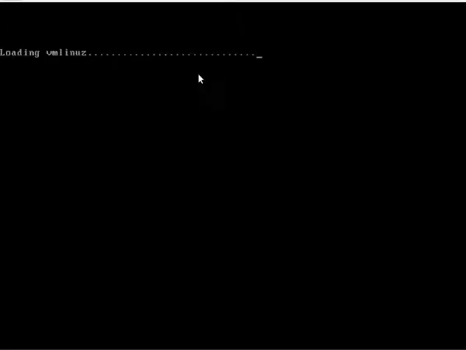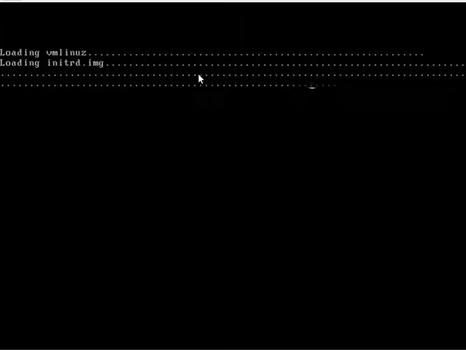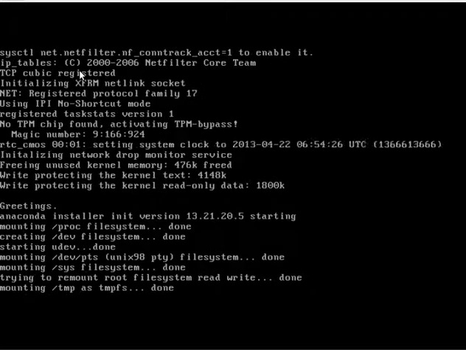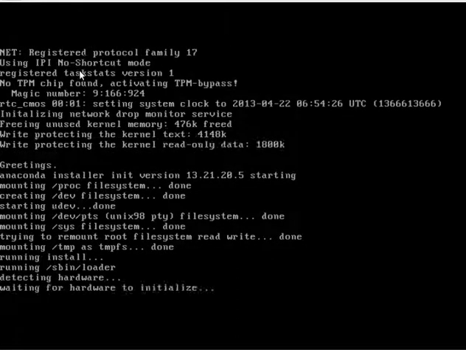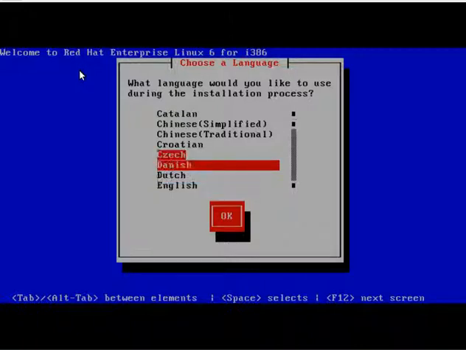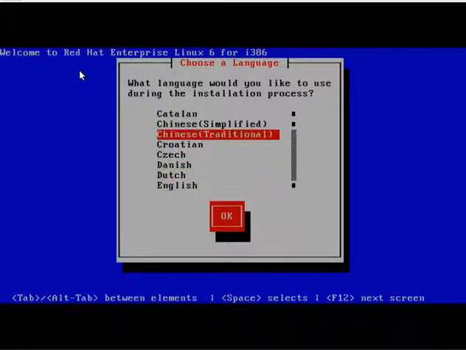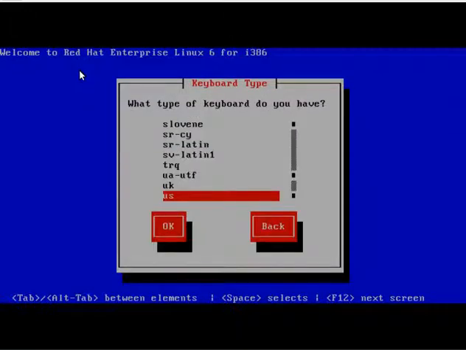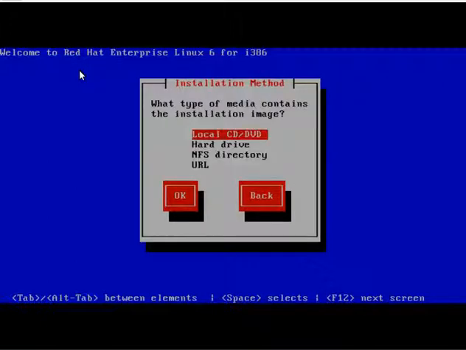Once you select the second option, you can see vmlinuz, which is a kernel image, and initrd, which is an initialization image, unpacking and loading into the RAM so that it will be useful for installing your OS. Here you can select which language you prefer to install in. When you are installing, the process will be entirely in that language. I want to select English as my secondary language is English, so I'll select the English option, and even the keyboard is US. I'll select it as the default one.